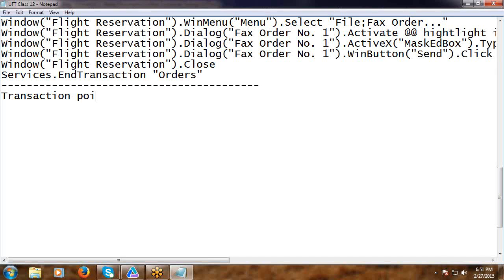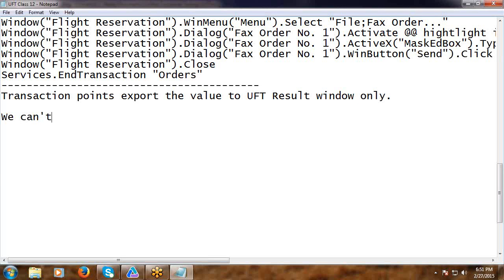Transaction points: export the value to the UFT result window only. We can't display the value locally, meaning using the MSG box function,